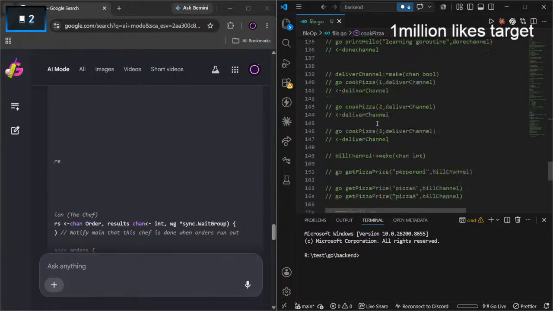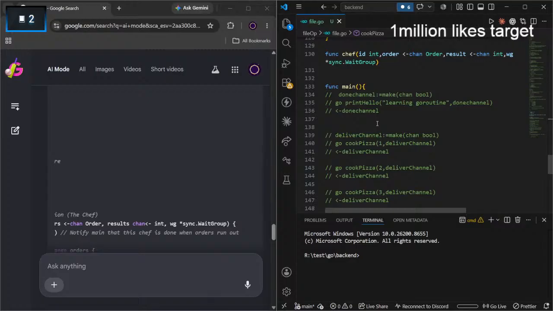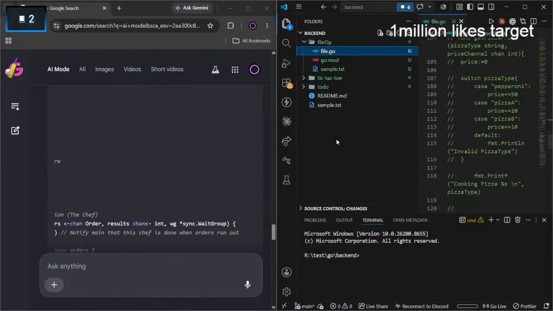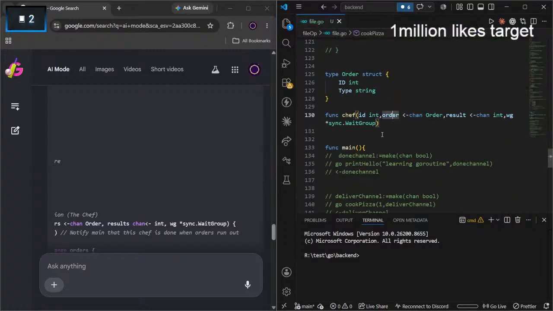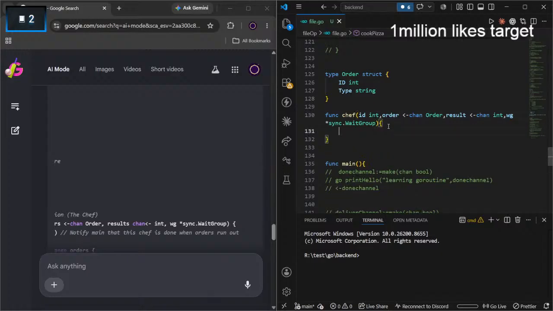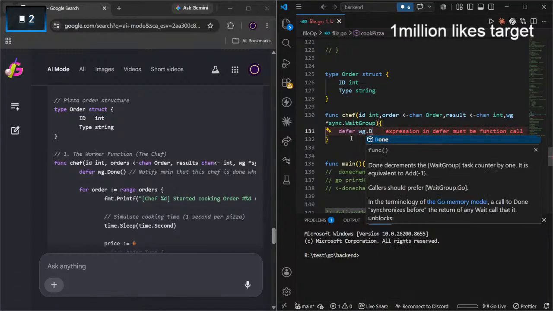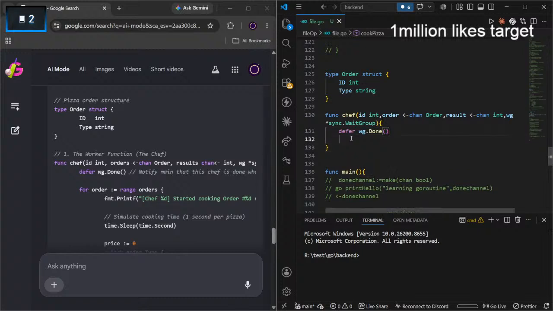I don't need the OS. Can I just create a new file itself? So I start. Defer is going to avoid running something until it is done.